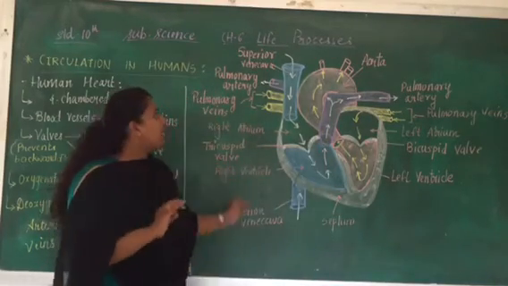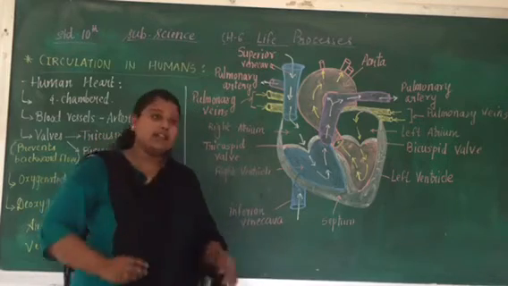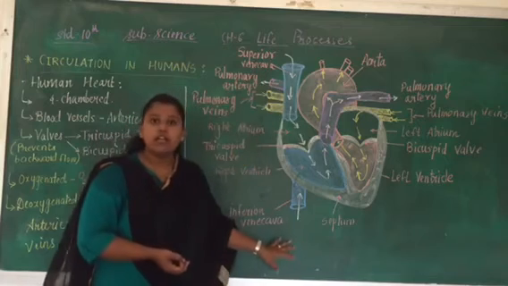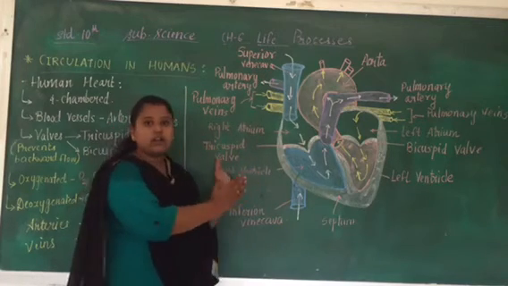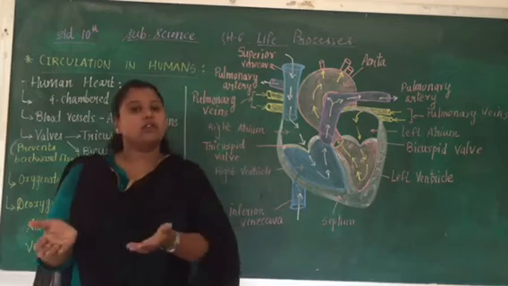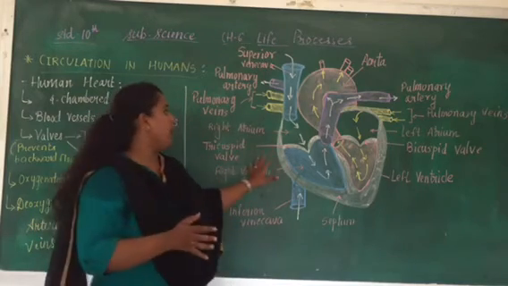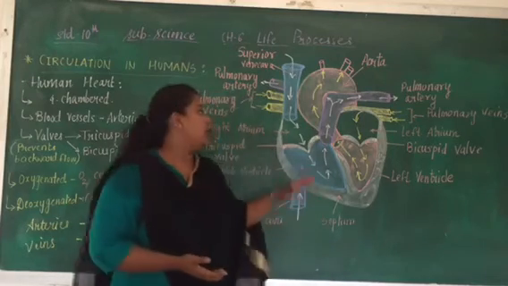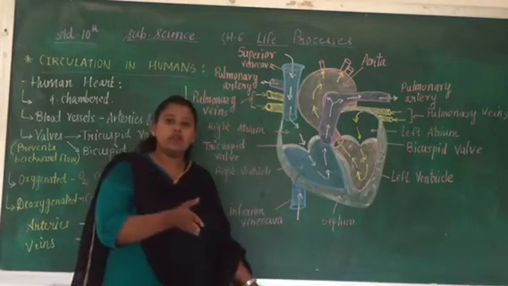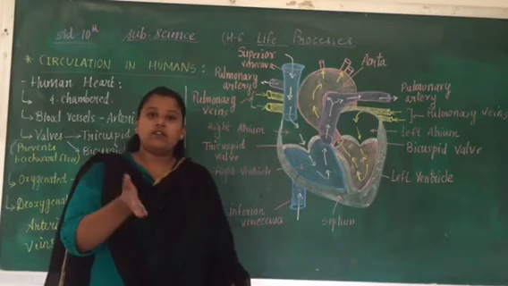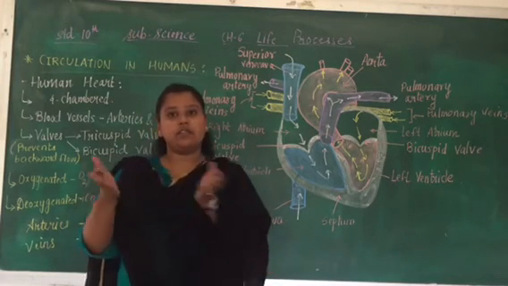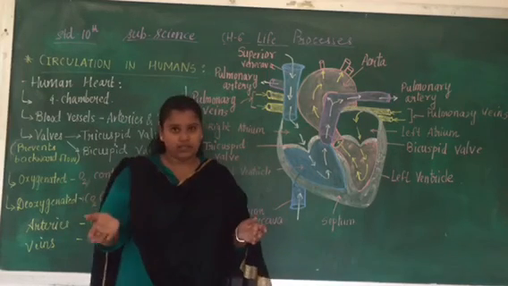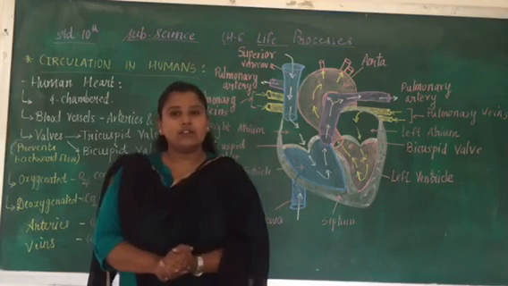So I hope you are very clear with the human heart and its internal structure, right? If you want to draw this figure, I can keep this figure in a picture also, and I will keep it in the group so that you can easily go and draw it well. I hope that you write all these notes, and I'll make you understand in different ways also. In your textbook a different figure is also given. If you are familiar with that, you can draw that also. The figures and the labelings are the same as the textbook only. Okay. So I hope you are clear with the term, and next time